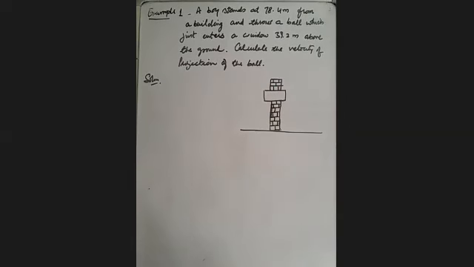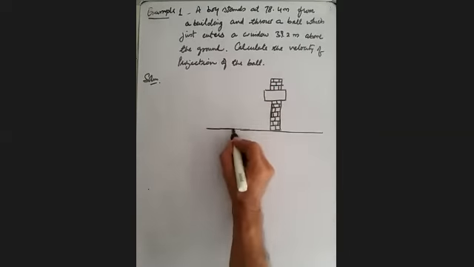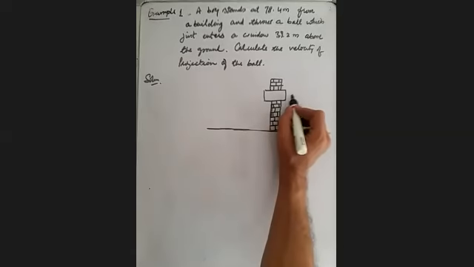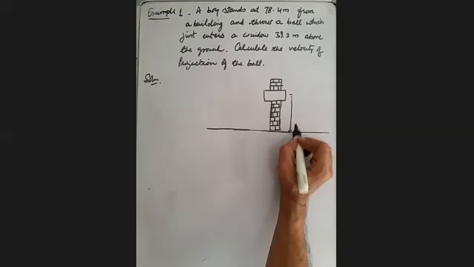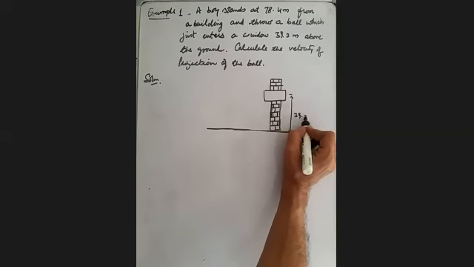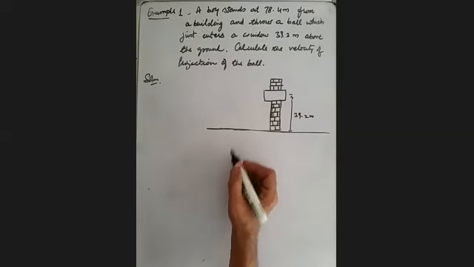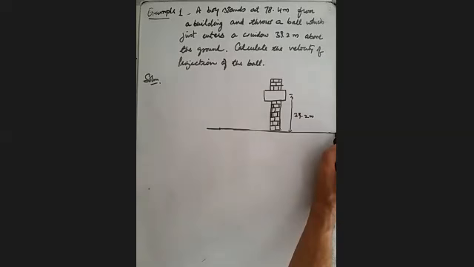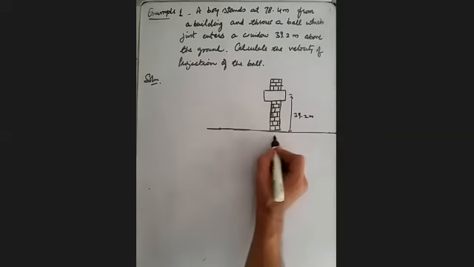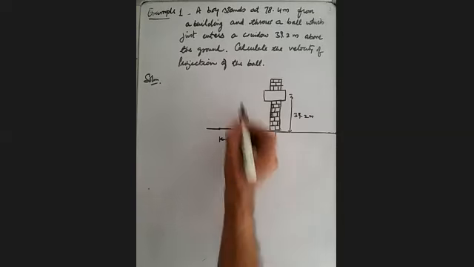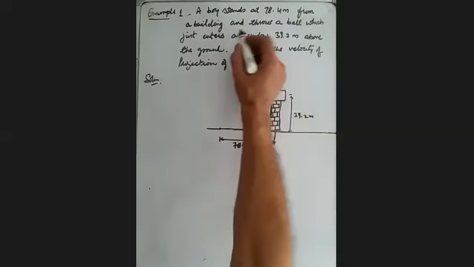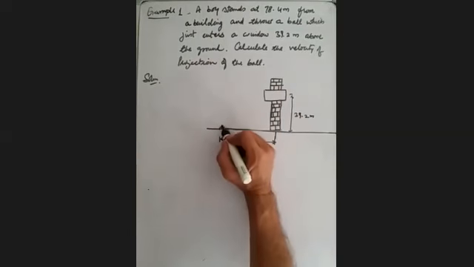And this height of the window is 39.2 meter. Suppose this is the position from where he throws the ball. So the distance of this position from the building is 78.4 meter. The boy stands at 78.4 meter from the building, and he throws a ball which just